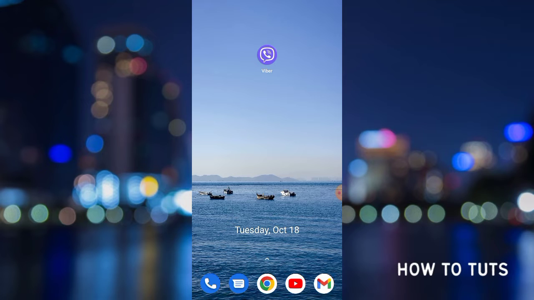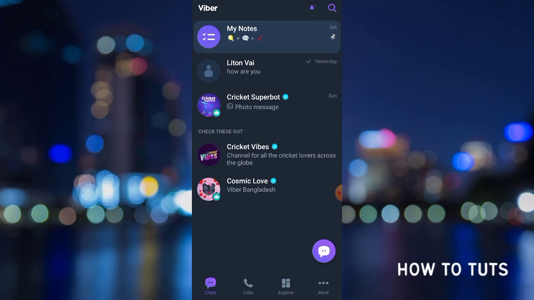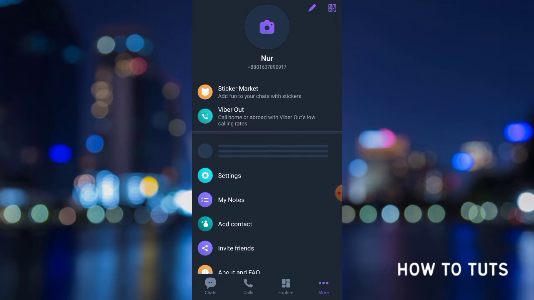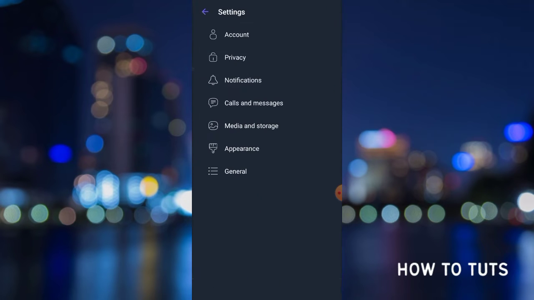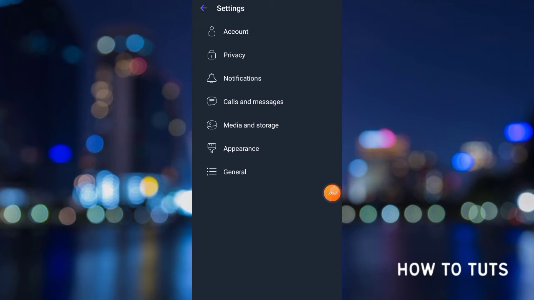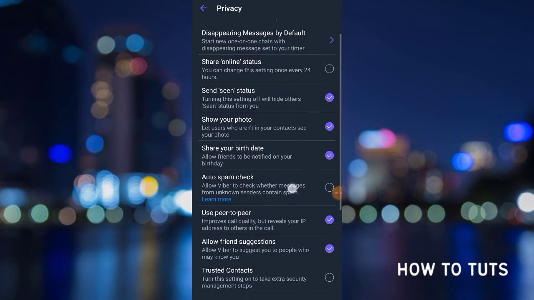Here you can see the Viber app, so click on your Viber app and then go to More. Here you can see it on the right bottom side of your screen, click More and scroll down a little bit. Then you can see the option Settings, so click on Settings, and then you can see the option of Privacy before Account. Okay, this one, Privacy, so click on this, and then you can see the option